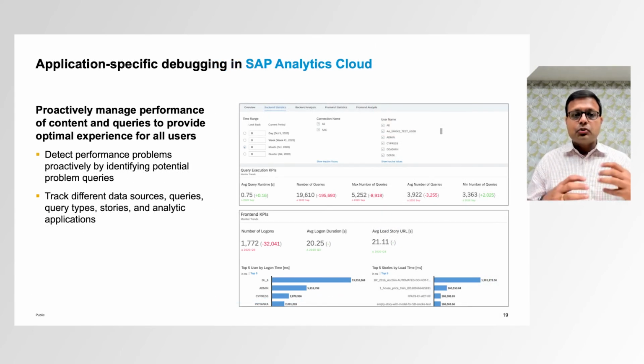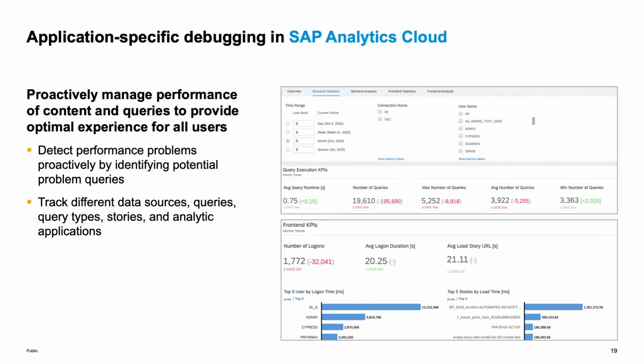And then when it comes to certain applications like SAP Analytics Cloud, right? Now, this is a very specific application, which is a SaaS application that you would use to build analytics stories on top of the platform. But when it comes to finding root cause analysis, especially for performance issues on Analytics Cloud, there is a specific application-specific debugging that is then possible within Analytics Cloud. So what I mean by that is,